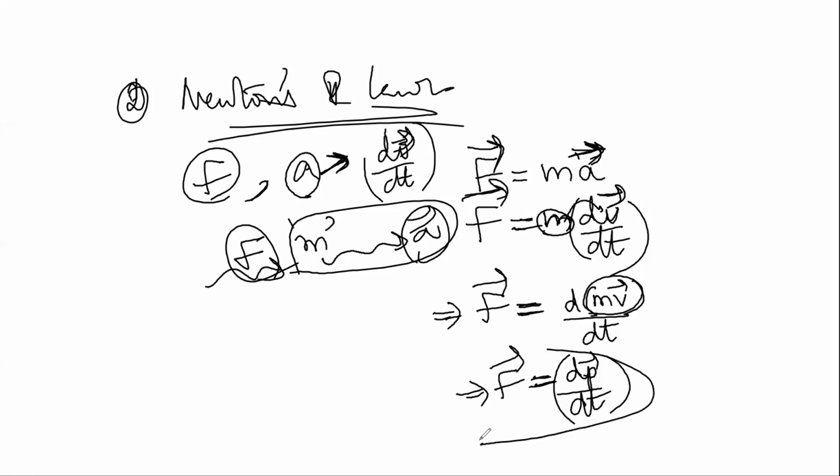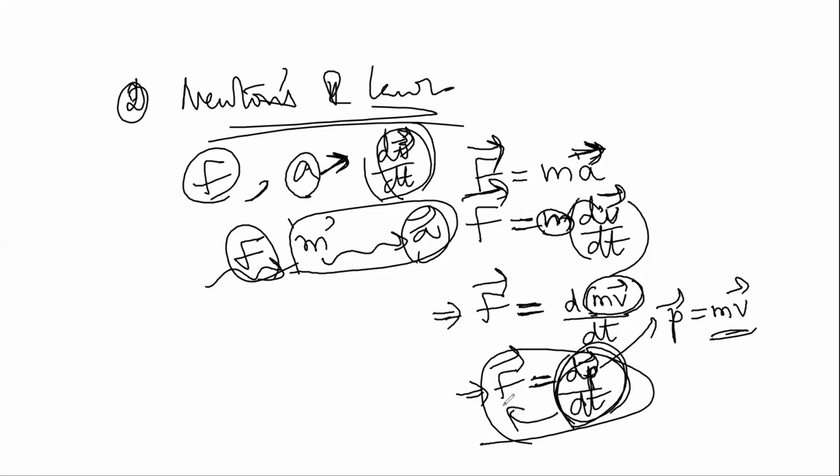Okay. What is p? Linear momentum. p equal to linear momentum mv. Okay, students. So the product of mass and its acceleration is always a function of the position of the body related to its surroundings, which can be represented by a function of velocity, that is dv by dt, or else a function of dp by dt, that is linear momentum, dp by dt. So we can say that the rate of change of linear momentum is nothing but force. Rate of change of momentum is nothing but force. Okay.